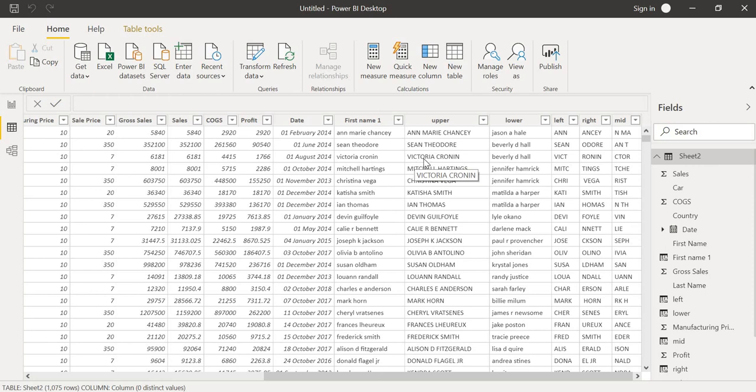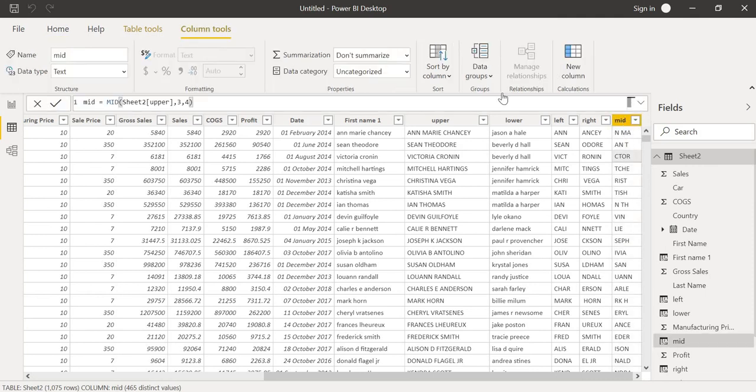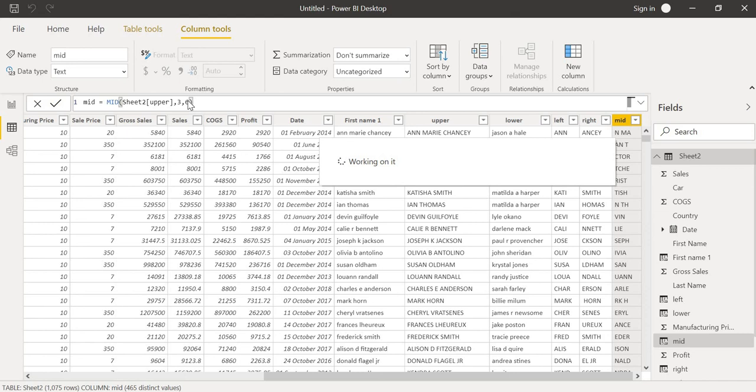You can get the middle of the words. If you want starting words, you use left. If you want ending ones, you use right. For the middle, you can select positions. If you want third character to fifth character, you can select third to fifth. Here I am selecting third to fourth, and third to sixth, third character to sixth character.